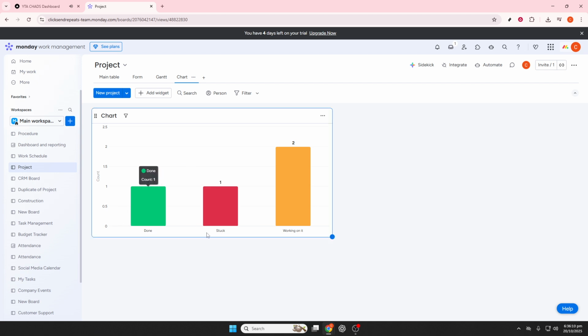Finally, once you've got your chart looking just right, it's time to save and share it. Click Save View, and to make it easily accessible, pin it to the board. To share your